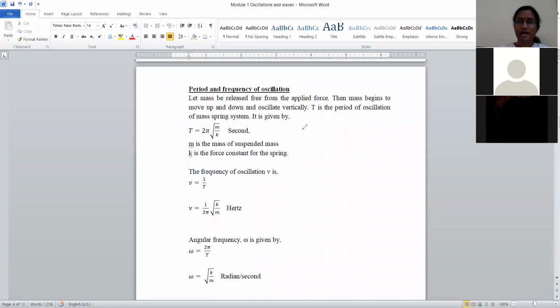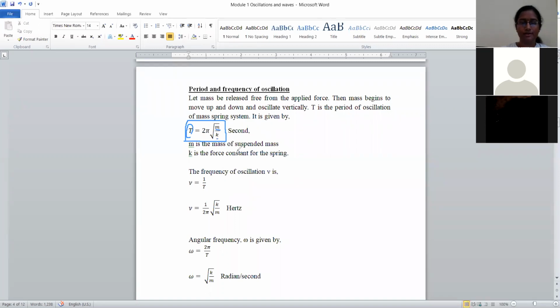Then the mass starts moving in the vertical direction. So T is the period of oscillation, and it is given by T equals 2 pi into square root of m by k, where T is the time period, m is mass, and k is